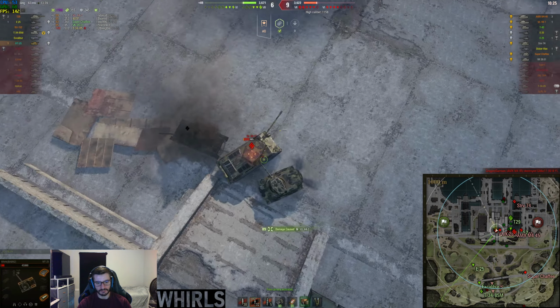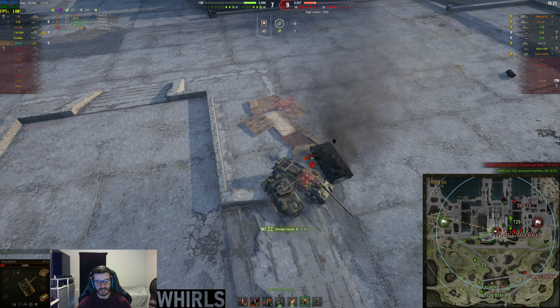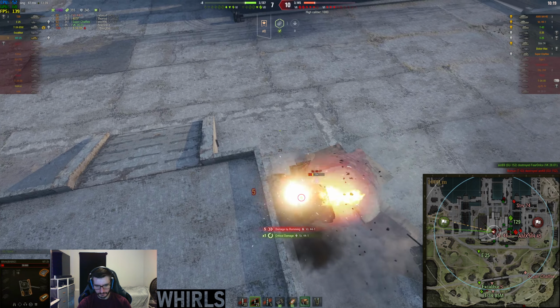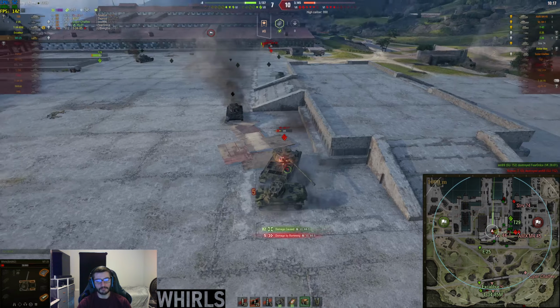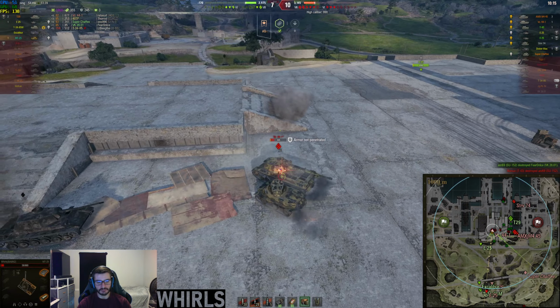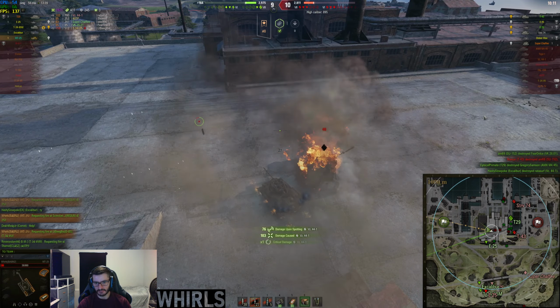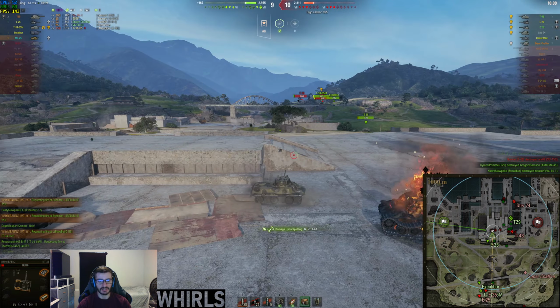Yeah, and this is the good thing about light tanks, guys. If you're good with light tanks, you can do this. This guy misses his shot on me. You can play Ring Around the Rosie with these people, and look at this. This is a tier 6 light tank against, I believe, a tier 7 heavy, and yeah, you can